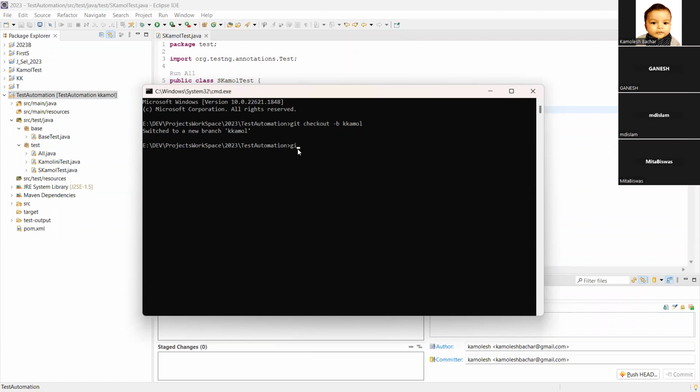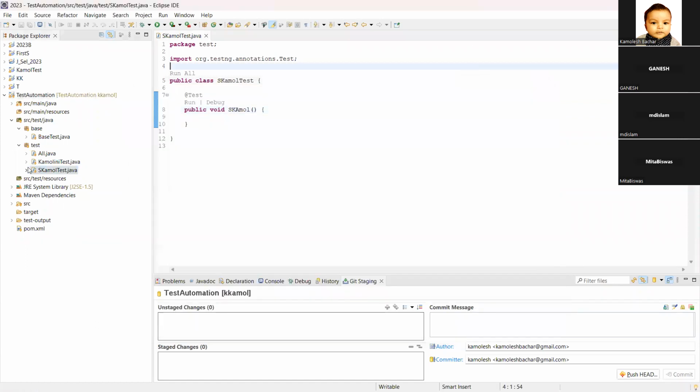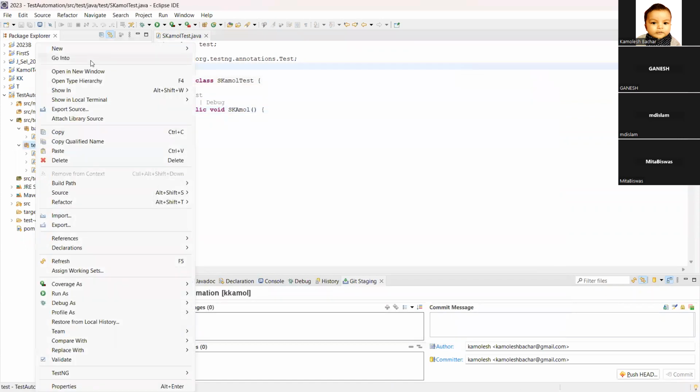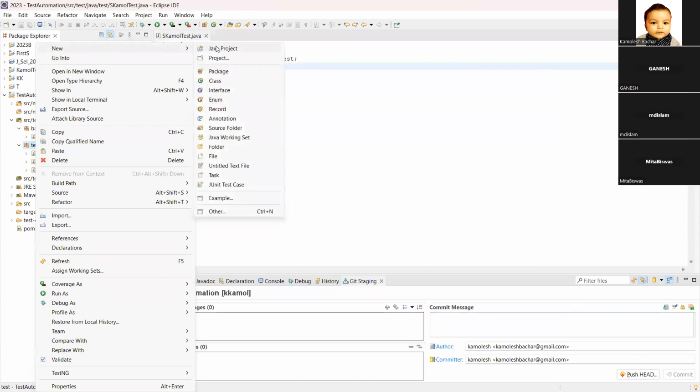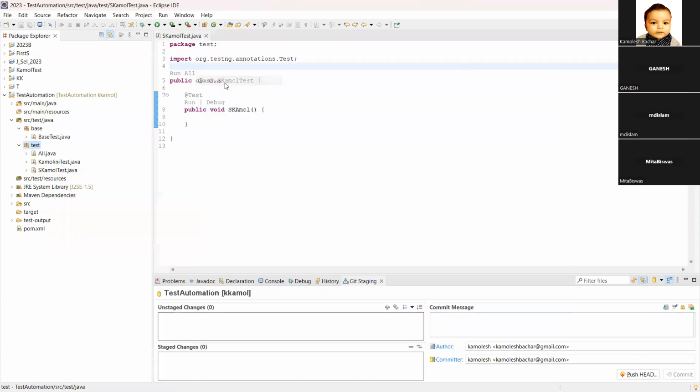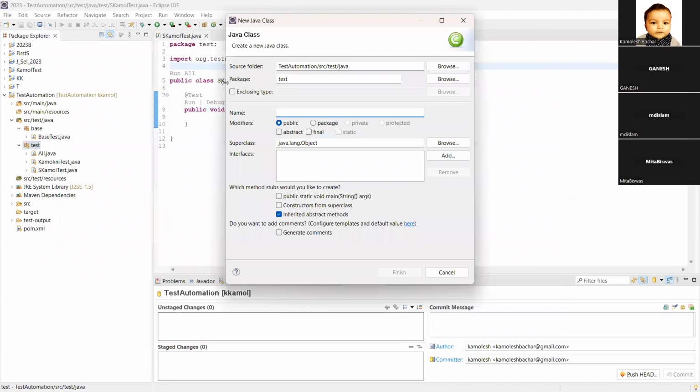So how to get it? Git pull origin master, right? So already up to date, right? So I have everything. So let me create a new test class under the test project. So right click, new class called